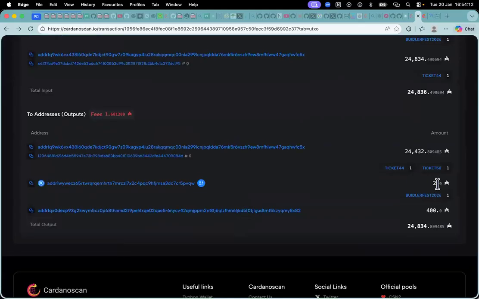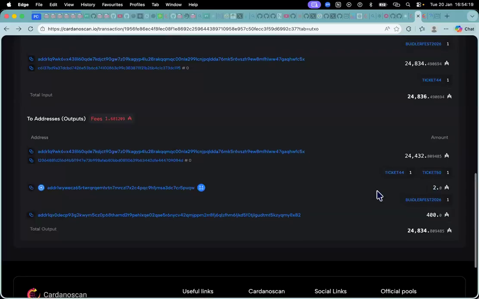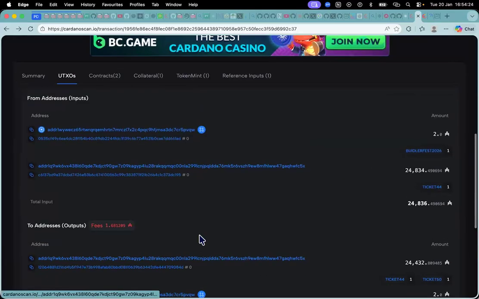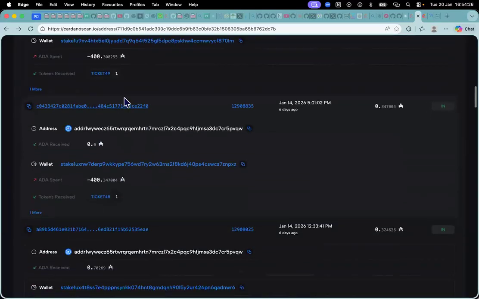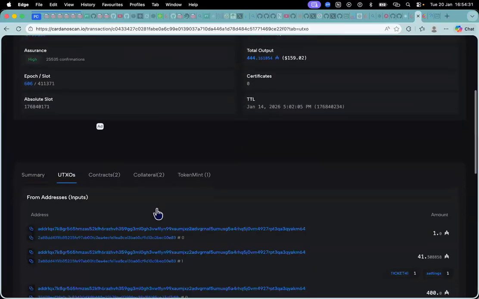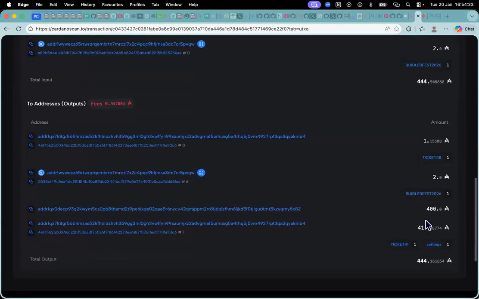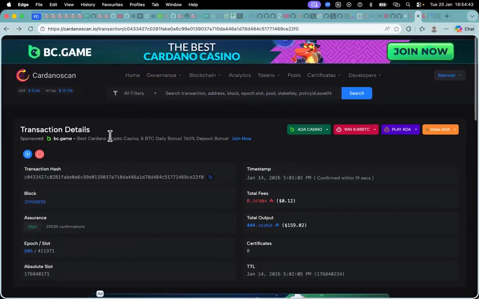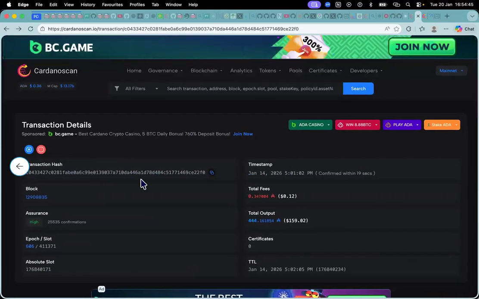Is it just replacing the two ADA? You're replacing them. For example, this has two ADA. Let me check on another transaction. I mean, they're all having two ADA, like they're all having the minimum ADA. So we should add back the 2 ADA then. We should add back the exact 2 ADA, whatever amount we found on that UTXO.